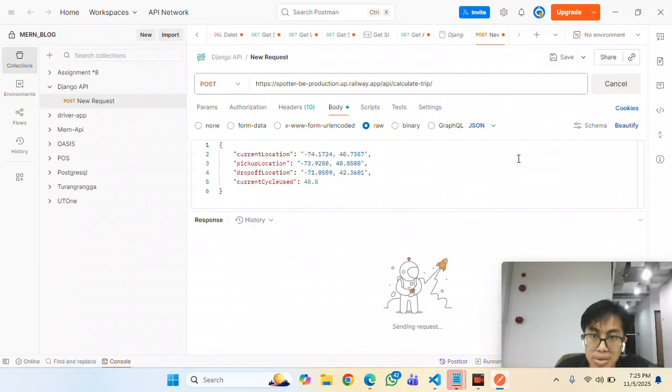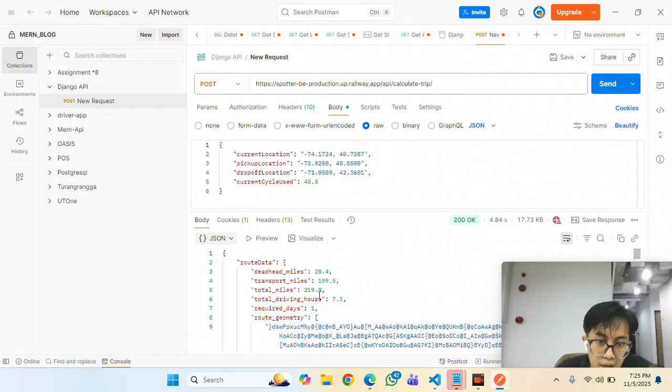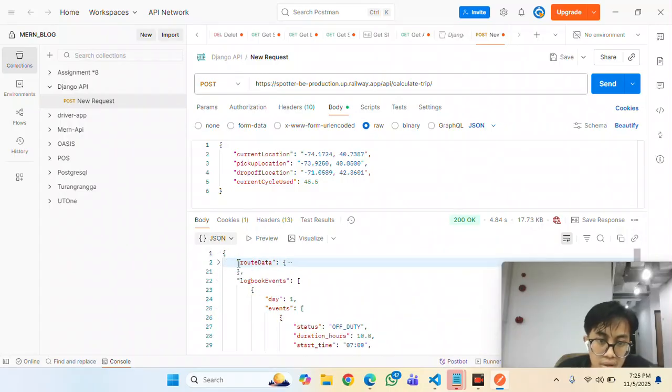So after we send the body to the API, the response should look like this, with a route data object and also an array of logbook event objects.